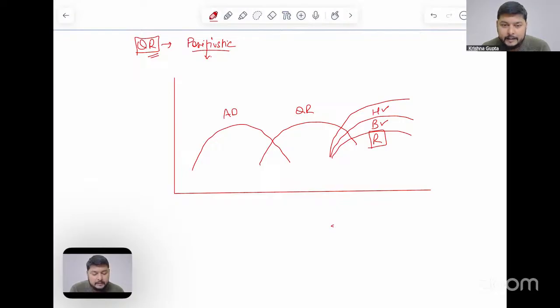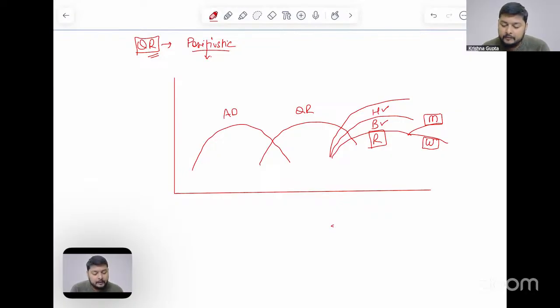Now, under this radical approach, when we move further, it gets divided into two streams. One is the Marxist approach and another is the welfare approach. Remember one thing, the Marxist approach and welfare approach come out of the radical approach. They have certain stances which are similar and certain stances which are different from the radical approach.